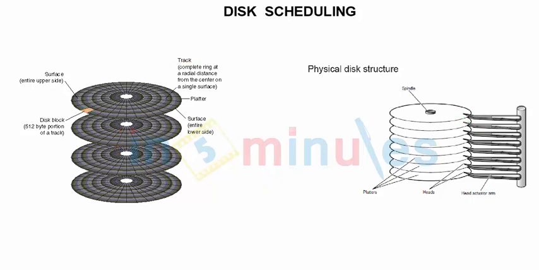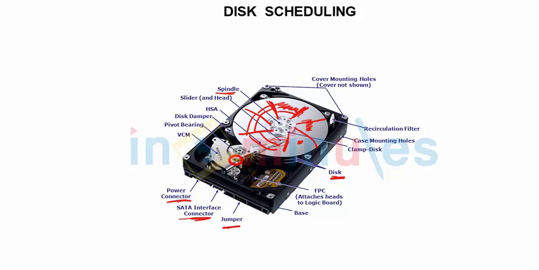So again, a quick recap. We said this is a normal hard disk and this is the platter on which we perform reading and writing. The read write head will only move in backward and forward direction, allowing us to read write only something which is below this read write head. So end result, the platter of the hard disk will be rotated and the head would be adjusted. So it is two things. One is the rotation in order to get the track and the sector, and it is the read write head which will come exactly above the sector where I am supposed to perform read and write.